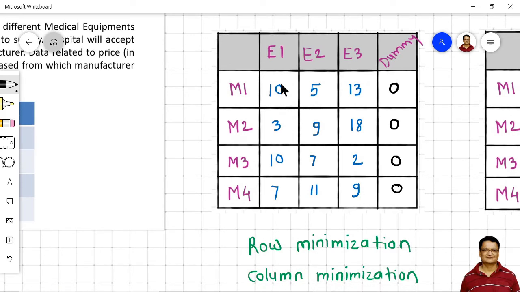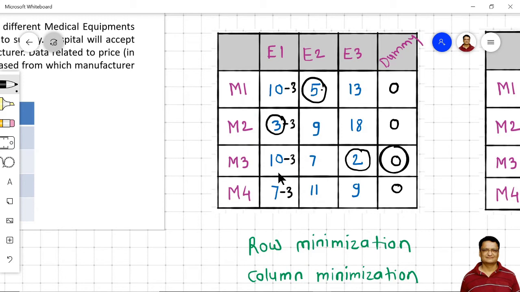In column minimization, we select the smallest element from each column, and we will subtract that element from all the elements of that column. So from this first column, it is 10 minus 3, 3 minus 3, 10 minus 3, 7 minus 3.